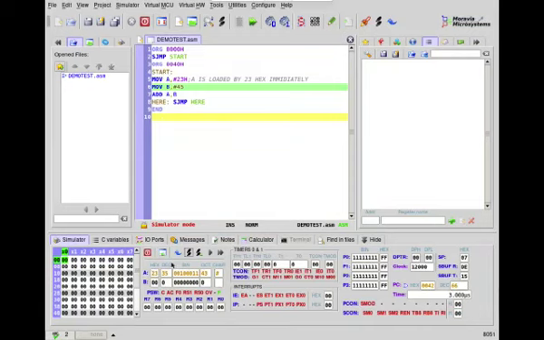So the value of A is 23 hexadecimal, and 35 is the decimal value. 16 multiplied by 2 plus 3, that means 23. 35 is decimal and 23 is hexadecimal. Now this is a binary value, this is an octal value, and this is a character. Now in the same way, if I step further,